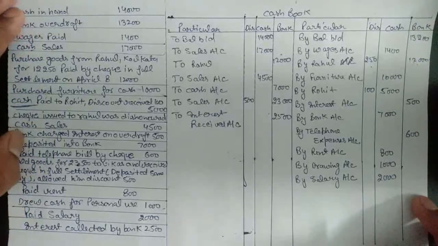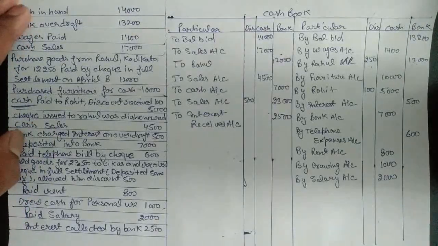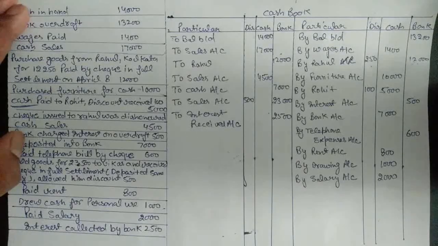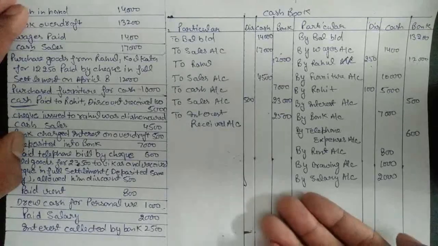When the bank deducts interest or credits interest, it directly does the transaction in our bank account. They do not call us for any bank charge or for any interest allowed, saying you can take it. What they will do is credit our bank account or debit it directly. So our question is completed.